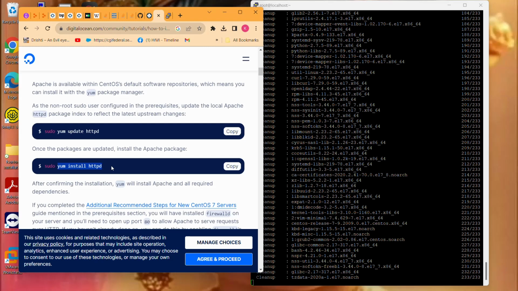Suppose 7.1.3 is there during our initial stages. Now, upgrade may have 7.1.10 or 15 or whatever it is. It gets upgraded to 7.1.15 or 7.2 or 7.10, whatever is the update there. You will have that upgraded kernel version, and it will override the older version. So this is the difference between update and upgrade.